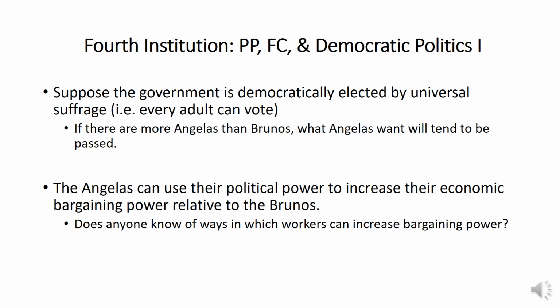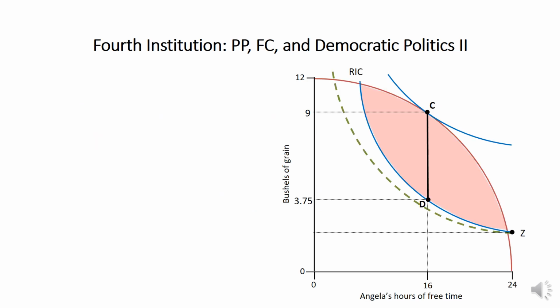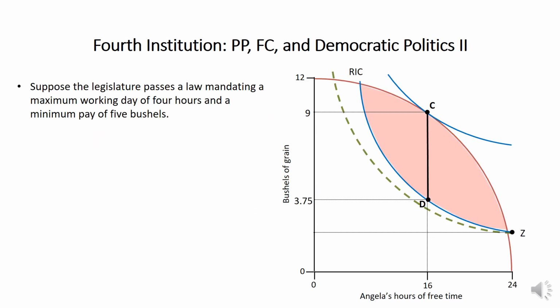And so ways in which workers historically have been able to increase their bargaining power is through unions, minimum wage laws, maximum hour laws, child labor laws, unemployment insurance, and so forth. There are many sort of pro-worker types of legislation that have been tried. So here we're going to imagine that the legislature passes a law that mandates a maximum working day of 4